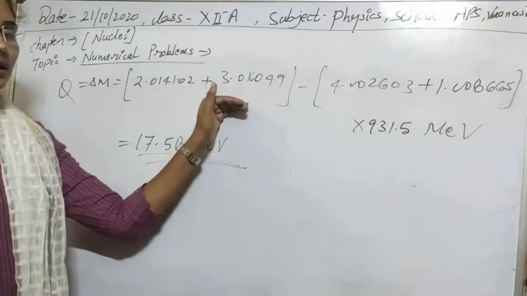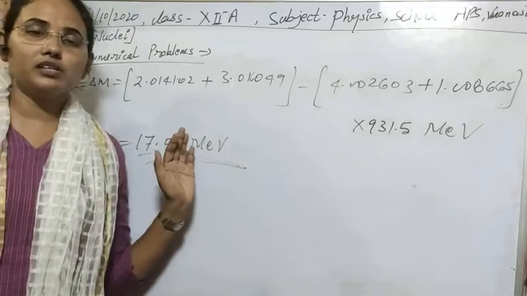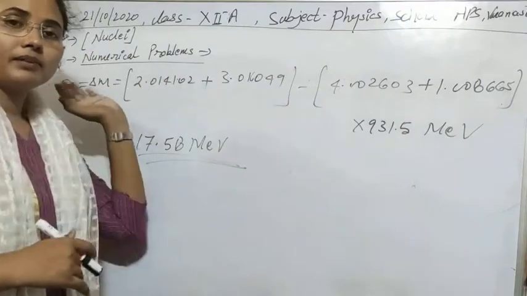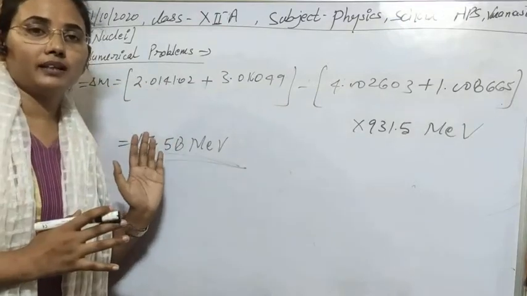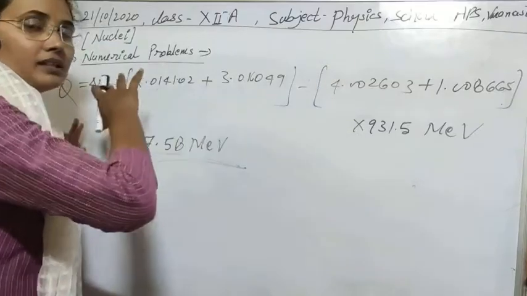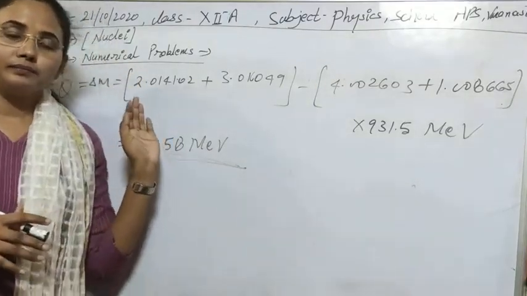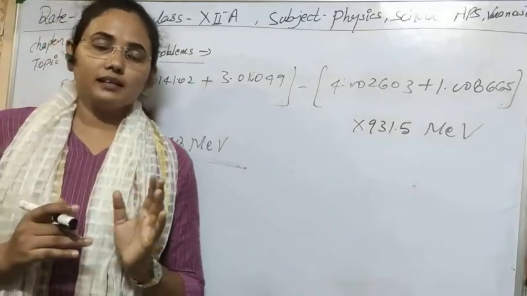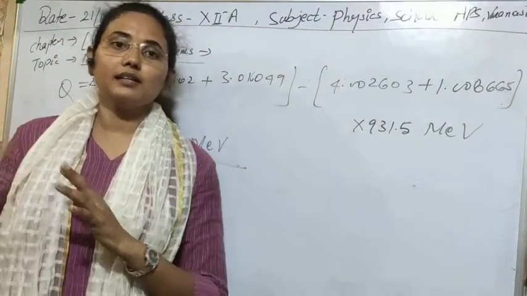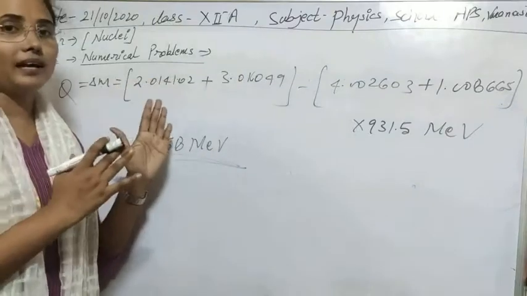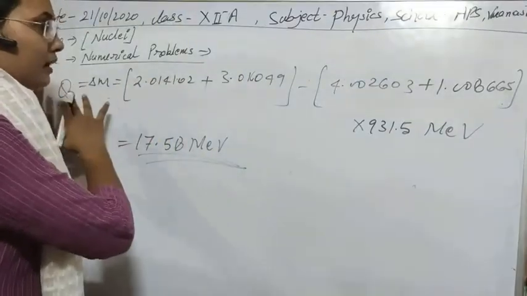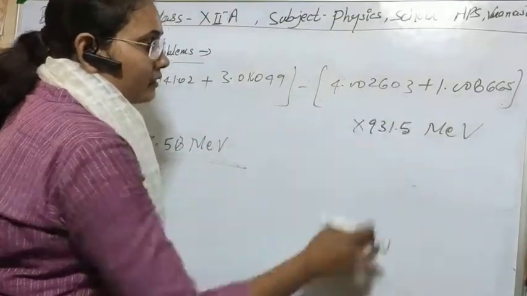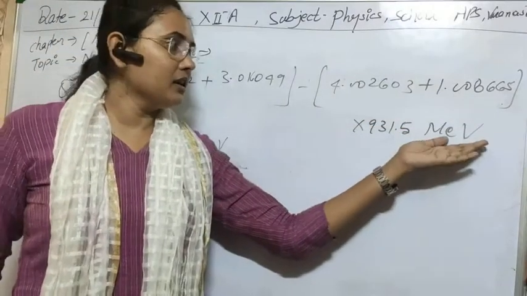In this equation, if masses are given in atomic unit terms, then the multiplication by c square has already been taken into account. So this will simply denote the energy of the atom or nuclei, because according to Einstein's relation, there is a concept of mass-energy, not mass and energy separately, and this unit shows that mass-energy. So this will denote the energy released in the system, and if we multiply this, we can convert it into a more convenient unit, that is mega electron volt.